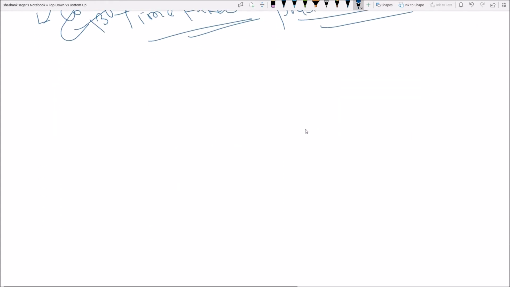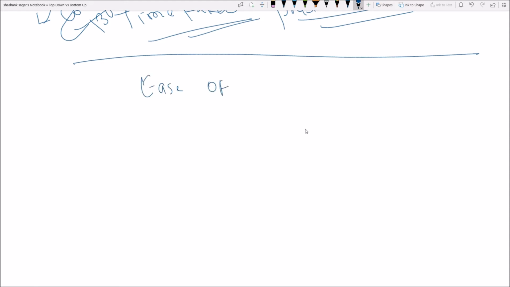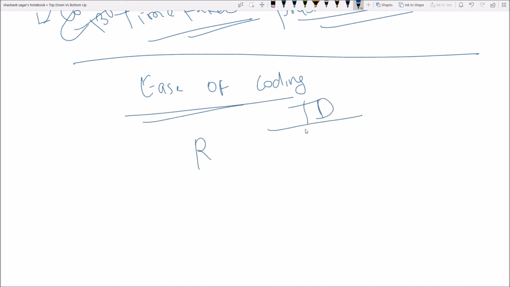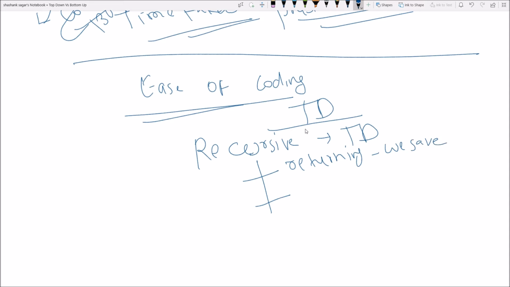Now what we will do, see, now ease of code writing, ease of coding. See how we have written the top-down code. We have just converted recursive code to top-down code. And what were the changes we made? We made two changes. One, wherever we were returning, we saved prior to returning.